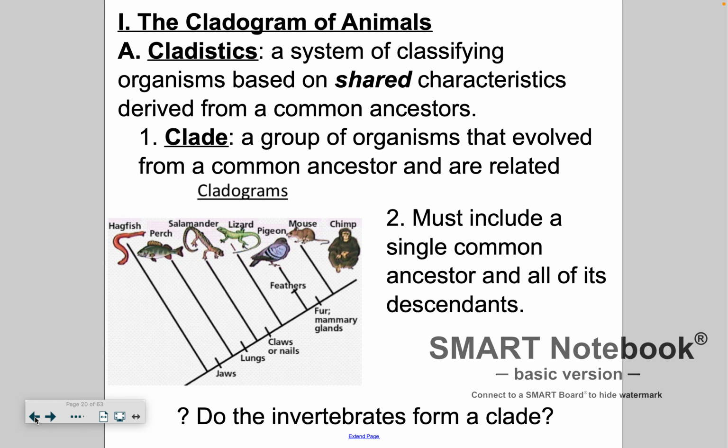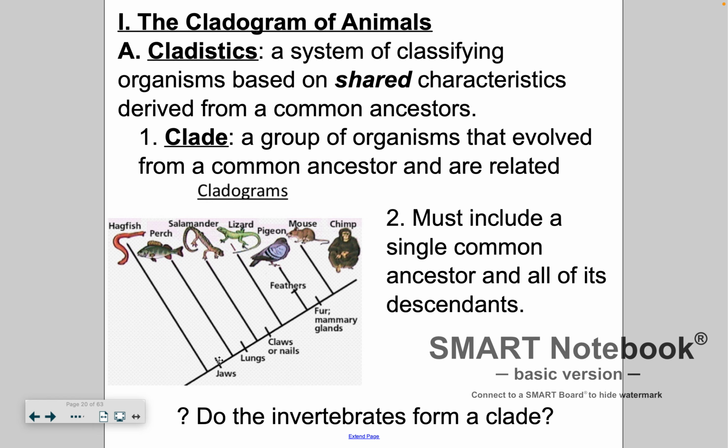common ancestors. So basically what that is saying is if you were given a group of various animals, your job would be to whittle it down: what do all these organisms share that they don't share with this one? Okay, so I'll start off with the hagfish. This hagfish is considered an outgroup, an outlier, because it doesn't really have a lot of the traits that we see in all the other organisms.